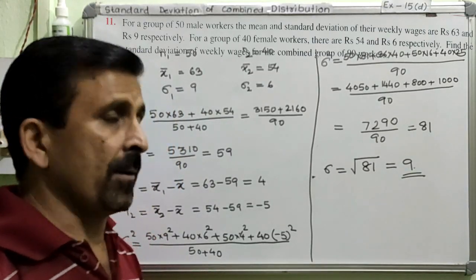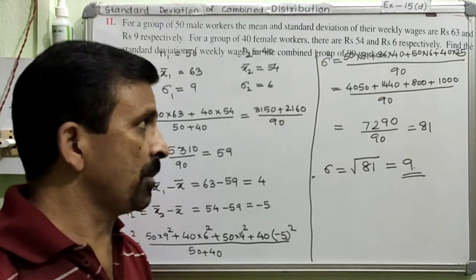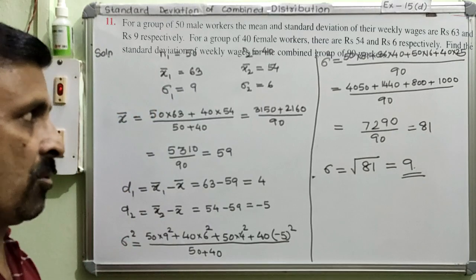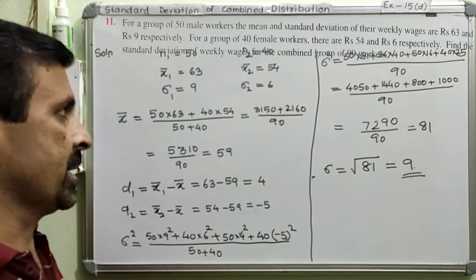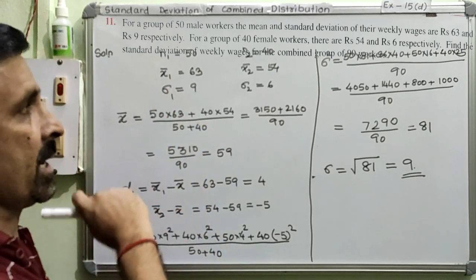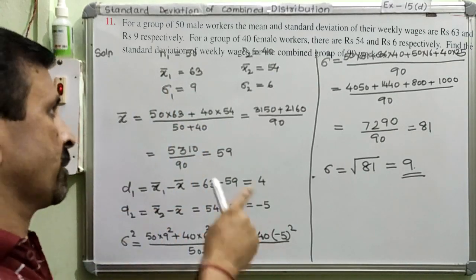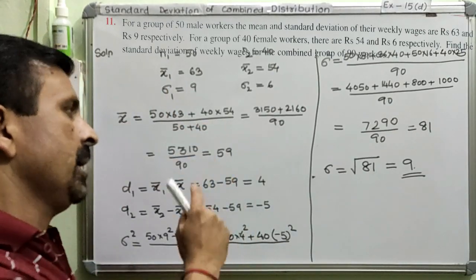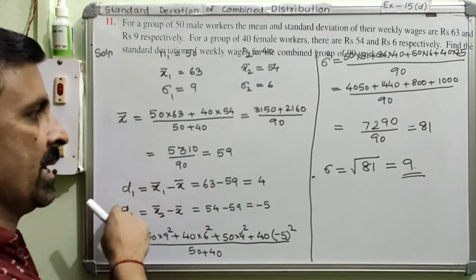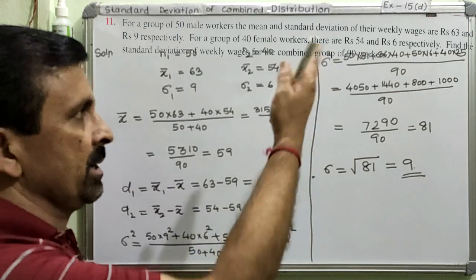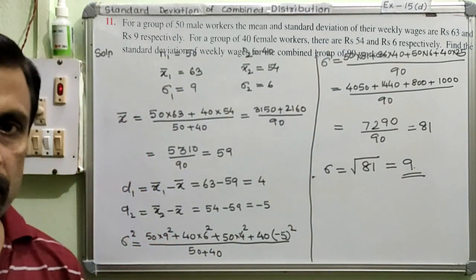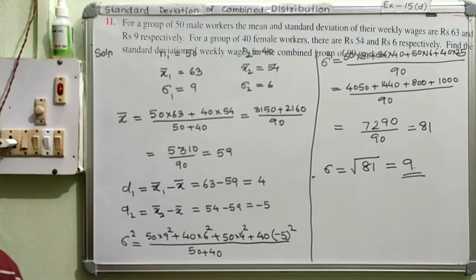So are you finding it difficult? I hope you are not, because the question is not very difficult, right? Just remember that for finding the combined standard deviation, you have to first of all find out the combined mean, and then you have to find out the deviation from the mean, that is the value of d1 and d2, and you can use it in the formula and calculate. You will get the standard deviation for your combined distribution. Clear? So we'll have one more question.